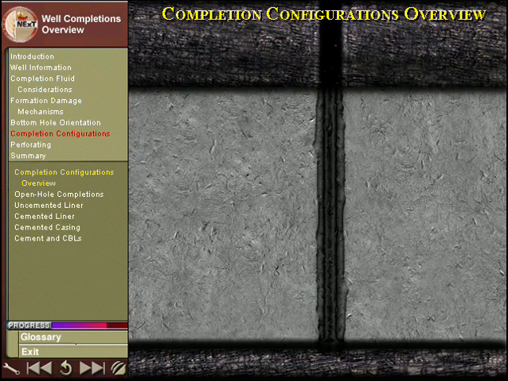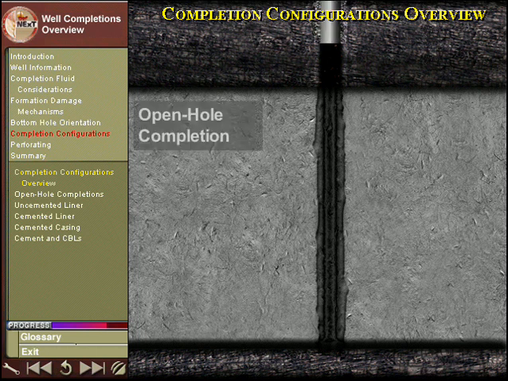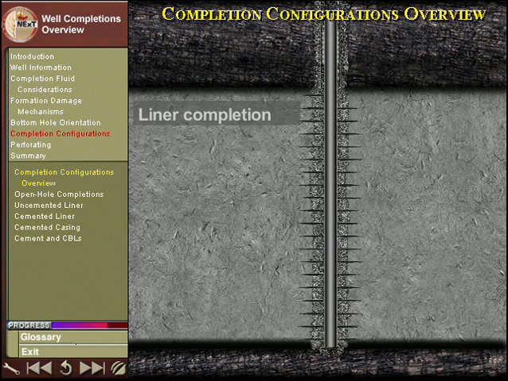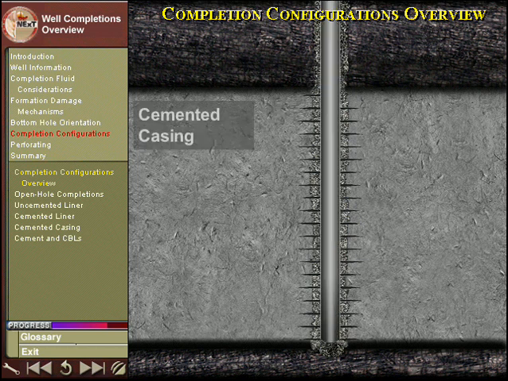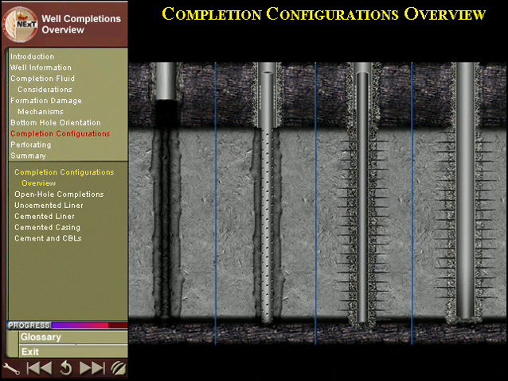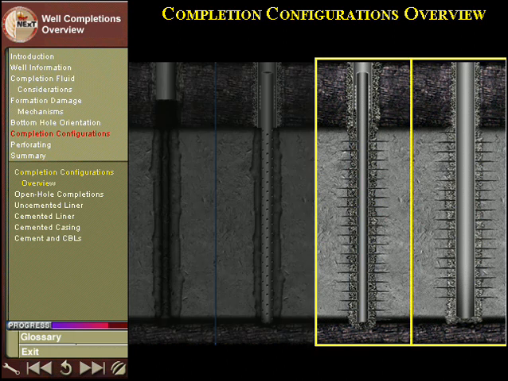After a well is drilled to TD, or total depth, it must be completed. There are 3 basic ways to complete a well: open hole completions, liner completions, and cemented casing completions. In this section, we present each completion option, along with the advantages and disadvantages of each. Because the cased and cemented completion relies on the quality of the cement job, methods used to evaluate cement integrity